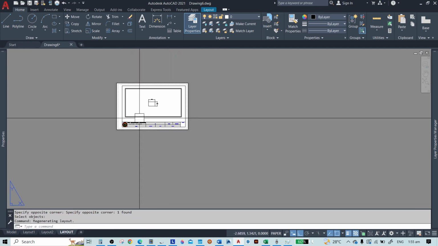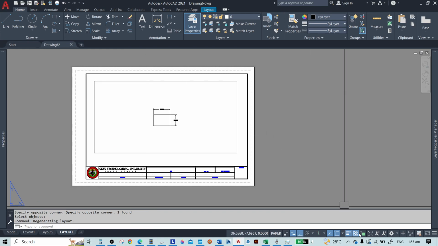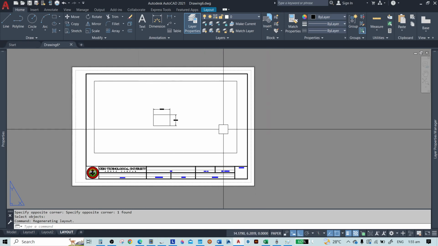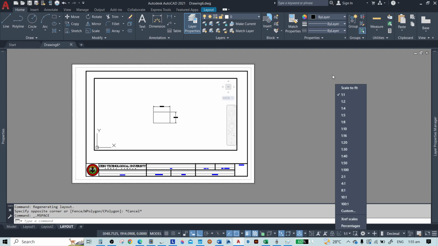Now because this is already in centimeters, it is very easy for us to do the scaling, because we will just select it here in the scale menu, right?